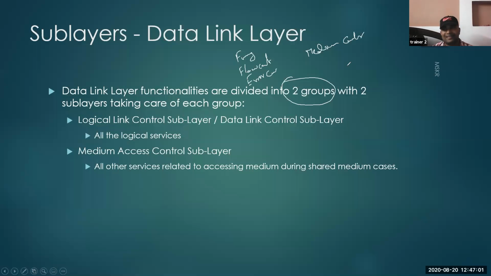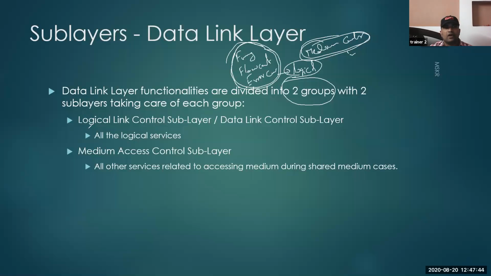So what the designers thought is, this medium access control is one type of operation, where these other three operations are similar types, that are logical operations. They need to logically implement these things, whereas in medium access control there is no need for logic. What you need is some systematic way, that is some time or some frequency or some wavelength, a systematic mechanism to implement it. Okay, that's the reason they divided this data link layer into two parts.